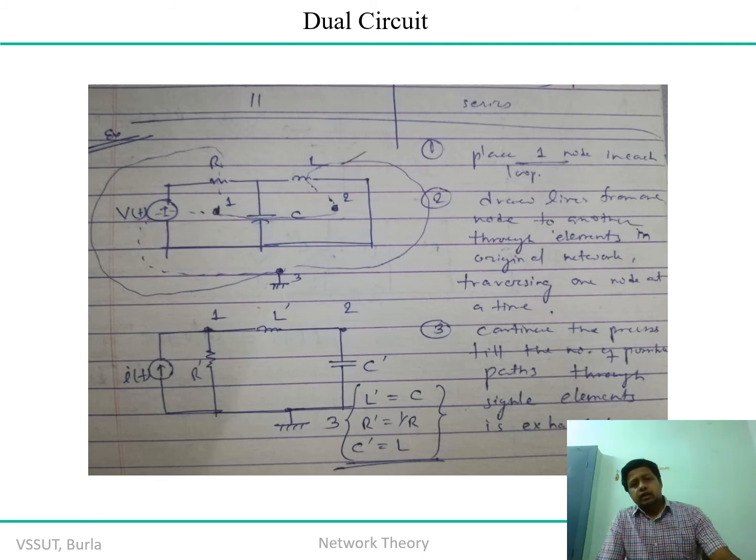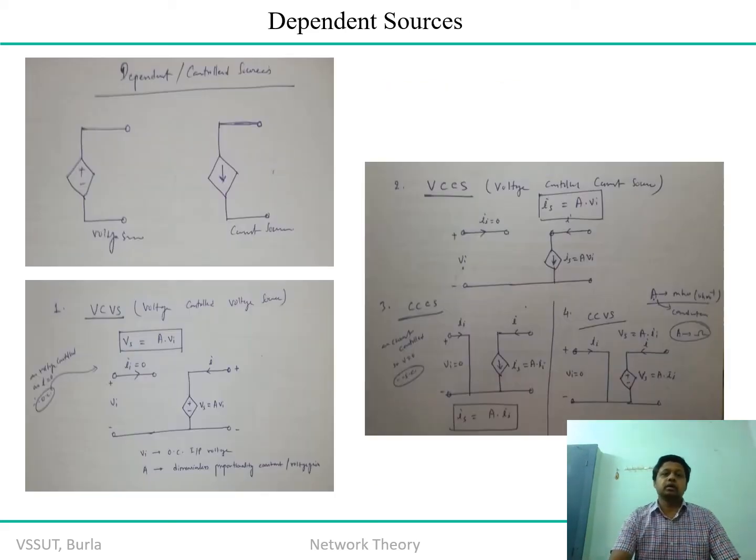Similarly, between 1 and 3 there was a voltage source connected in series. So now between 1 and 3 there will be a current source connected in parallel, and R is in parallel to that. Therefore the new circuit is the dual of the previous network. So that's how sometimes you can create the dual of the network without violating the boundary of the mathematical model, and you will be in a position to simplify the electrical network or solve it in simpler steps. So obviously the response time is improving.